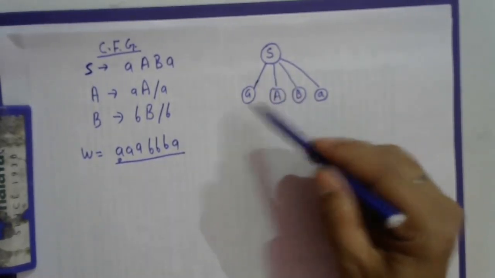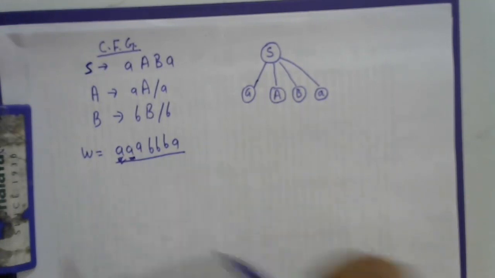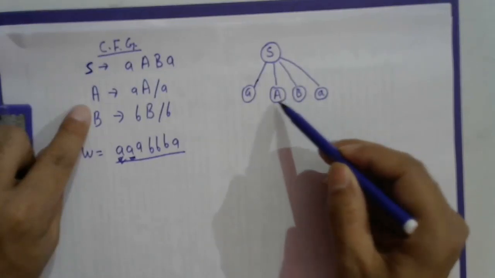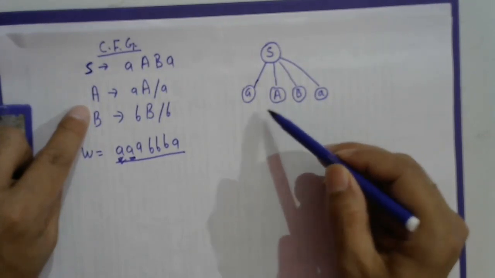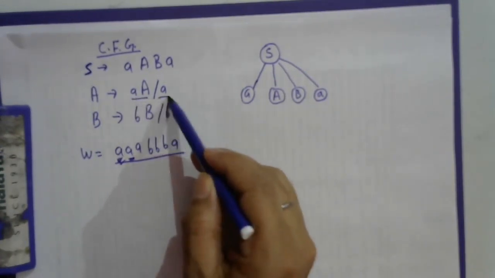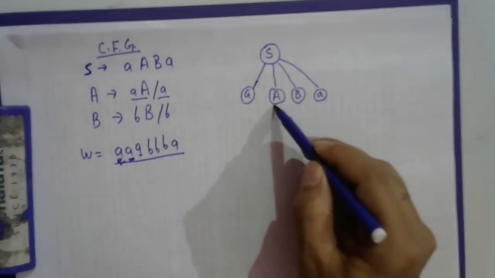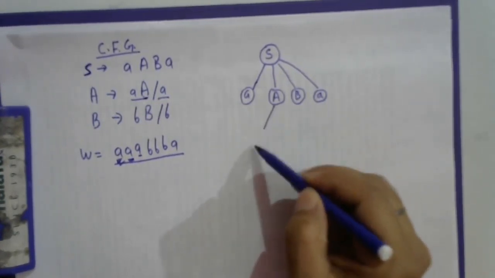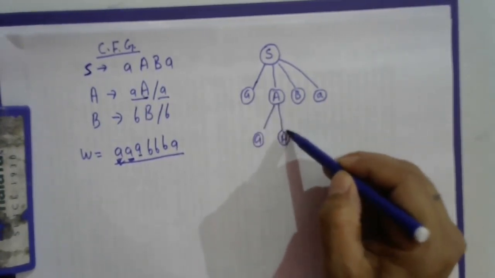Again, you are using this symbol; according to the leaf node, you are getting the first alphabet, then we require the second alphabet A. Then the next alphabet is A. How can you get the next alphabet A from this intermediate node? You can replace this node with this A. But since we further require A, you can replace with the first production A as the first symbol. Then there is a, and there is again capital A, the next symbol.